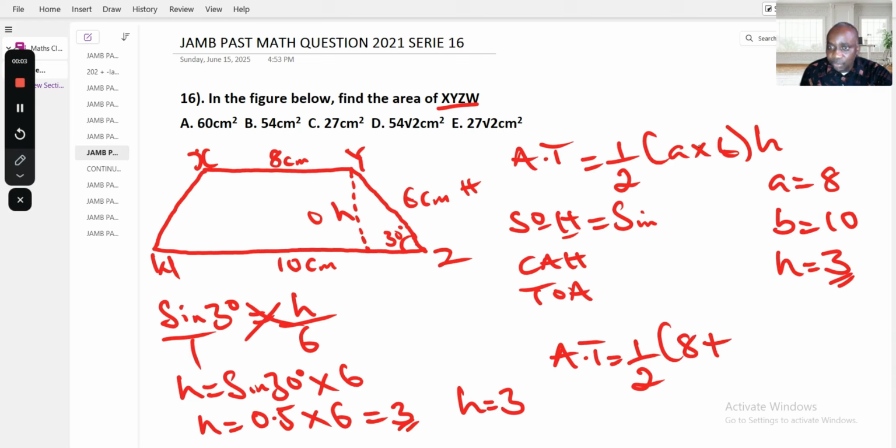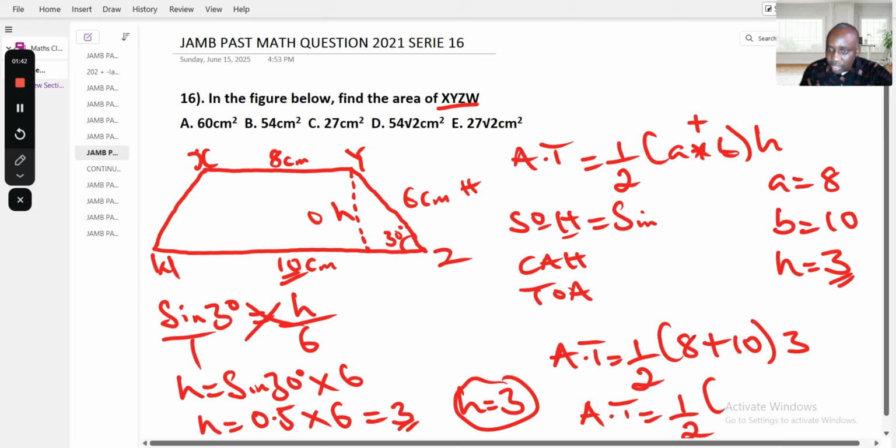Plus, it is plus, sorry. It is not multiplied. What is our B? Base, which is 10 centimeter here. What is our H? We have gotten the H here, which is 3, multiplied by 3. Now, see, area of trapezium, 1/2 times 8 plus 10,